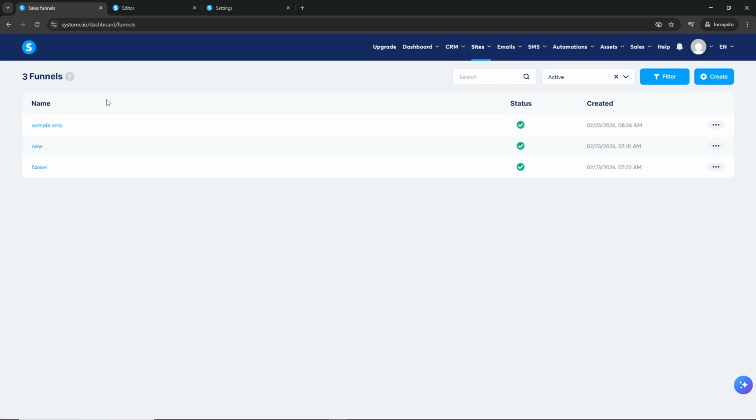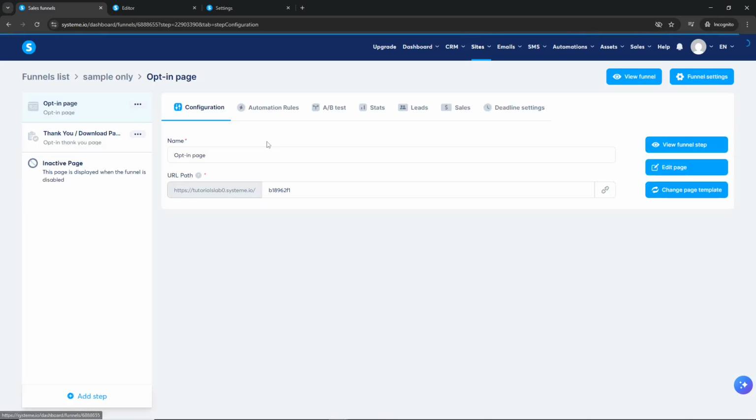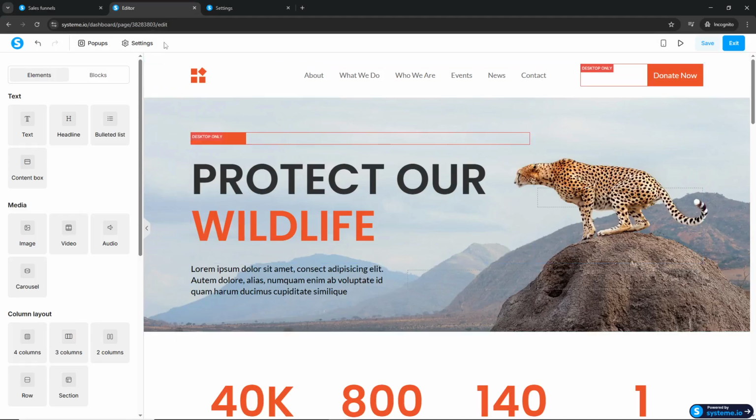Take a moment to locate the specific funnel where you want to remove the affiliate badge and click on it to open it up. Once you've selected your funnel, you'll notice a right panel appears with various options. In this panel, click on Edit Page. This action will take you into the page editor where you can make all sorts of customizations to your funnel's